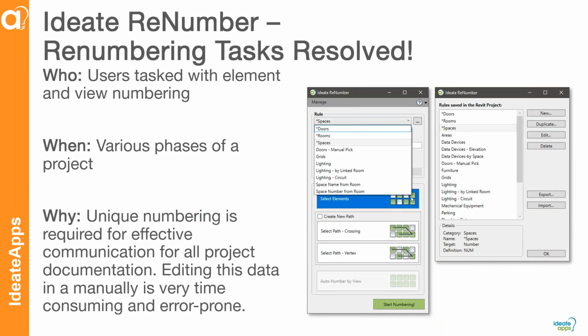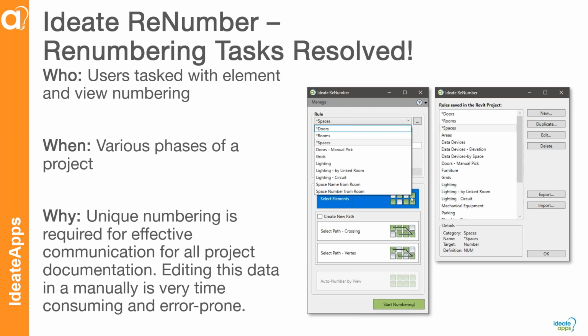So the first application is called Ideate Renumber. And Ideate Renumber allows you to renumber almost any element within Revit. And the cool thing about this is we're giving you the rules and we're giving you the ability to change things sort of on the fly. So basically you can create your own rules. You might want to renumber rooms or renumber doors or electrical fixtures or HVAC equipment. So you can build the rule that you need for that particular item. And it's very flexible and very powerful. And so we ship with about 70 rules. This is where I was talking about we ship with content, and then you can modify those to meet your